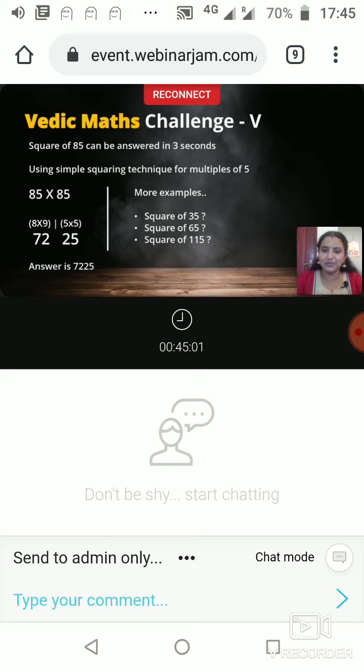Purnima, I'm repeating it for you. Whenever you have to square, which means multiplying a number by itself two times, look at this example: 85 into 85. The last part of the answer is 25. The first part of the answer: look, it is 8 and 8, the first digits of the numbers being multiplied. After 8, what is the next number? It is 9, right? 8 9s are 72. So 7225 is the complete answer.